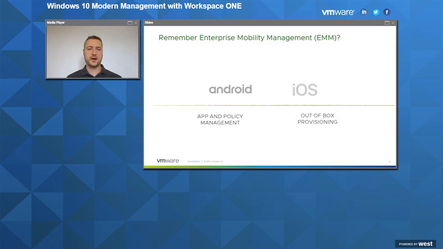If you remember what VMware end-user computing is sort of famous for, then you may think of technologies like AirWatch. And for the past probably 10 years or so, enterprise mobility management has been one of the big trends in end-user computing. And enterprise mobility management, or EMM, is all about application and policy management and out-of-box provisioning for Android and iOS.